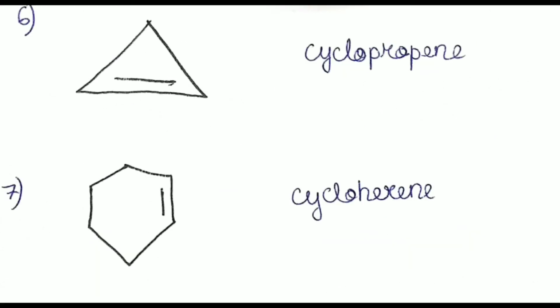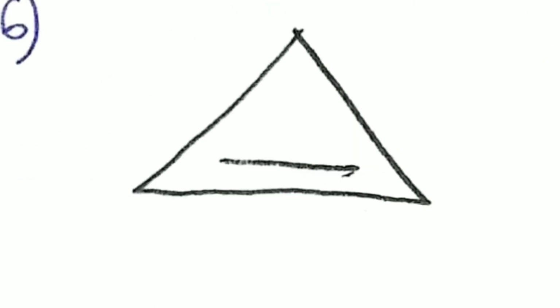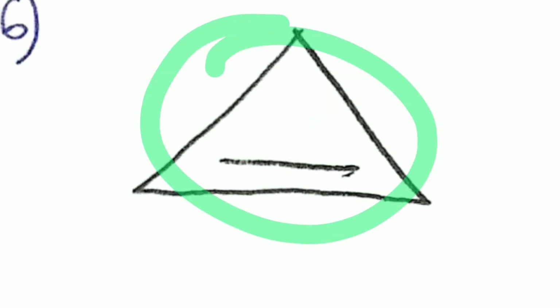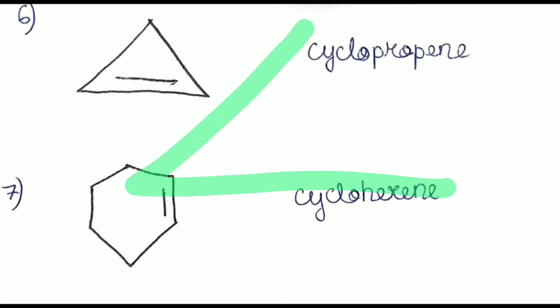So guys, what about this compound that consists of unsaturation, or one double bond here? How do we name this compound? What you do in order to name this compound is break the bond between these 2 carbons. Then what do we get? We get a straight chain alkene that we would have called propene if this bond were not there. Then it would have been a simple propene. But now that it's a ring-like structure, we're going to call it cyclopropene. Just add the primary prefix to the beginning of the straight chain name of the compound and we get the name of the cyclocompound. It's going to be called cyclopropene. That's the name of this compound, guys.